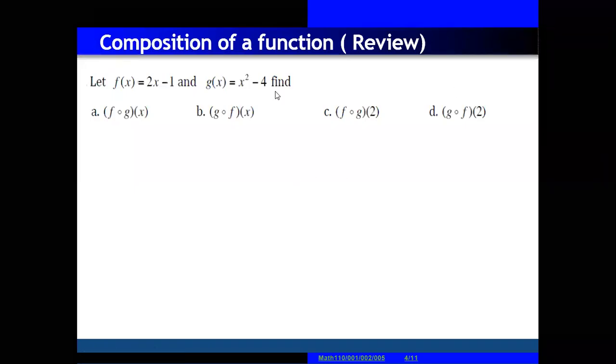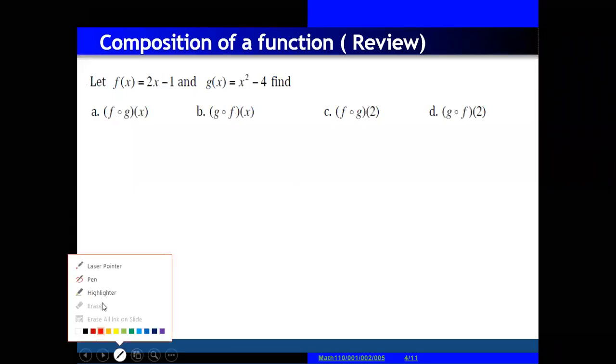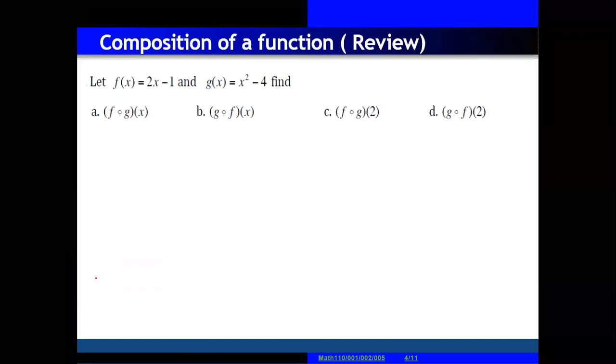Yes, composition of function, as well as operation on function, and evaluation of function at the given point. I think. Yep. Great, excellent. Anyone else? What we covered in the previous lecture? So, okay, guys. Yes, it was operation on function, evaluation of function at a point, and composition of function.